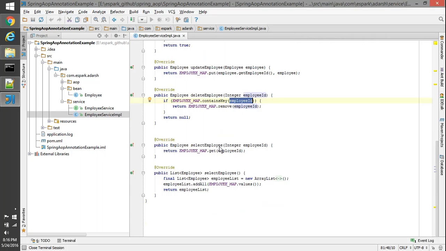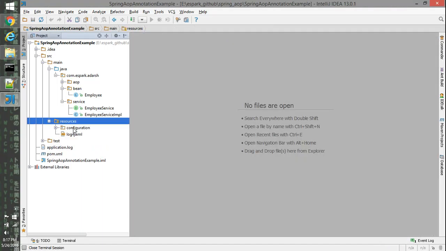And then we have select employee, where based on the employee ID we do a lookup inside the data store and get the employee based on the employee ID. If it is not found, it returns null. And in select employees, we just get the data store dot values, the map's values, add them to a list object and then return that list object. So this is the basic